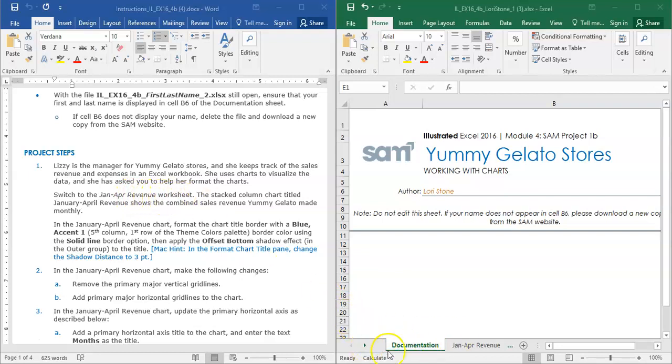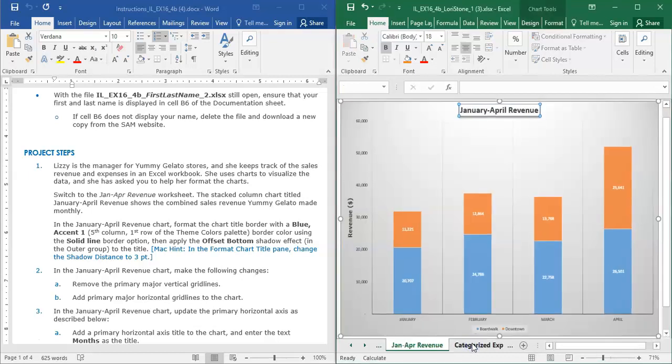You can tell down here we're currently on the documentation worksheet. So we're going to click, just like turning a page of a book, to the January-April revenue worksheet. Okay, this is called a stacked column, and they're wanting us to edit the January through April